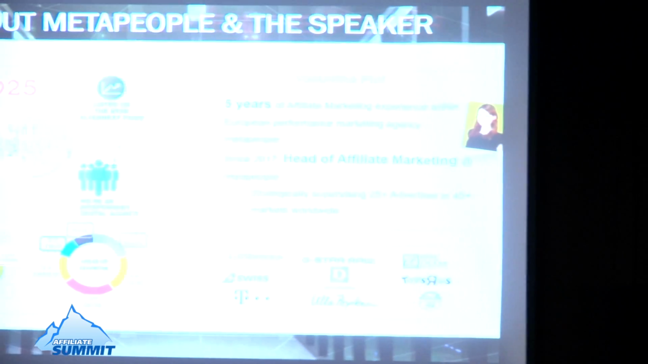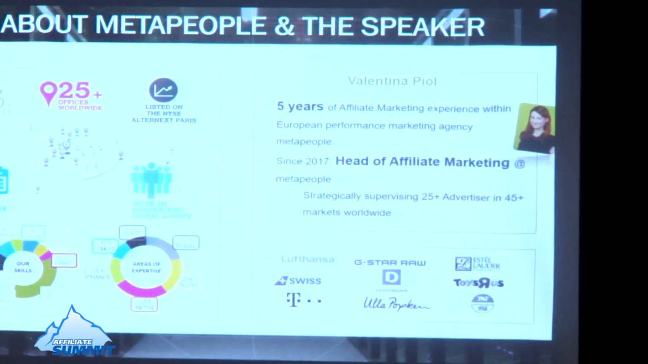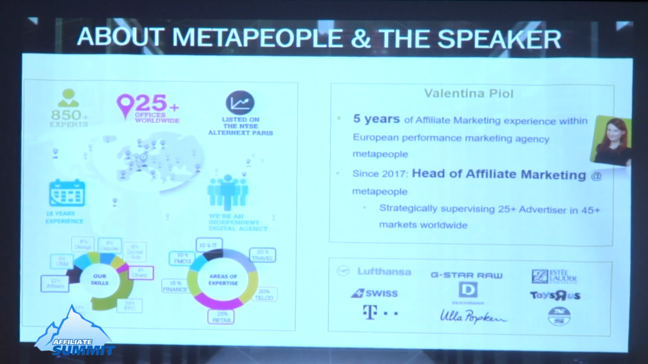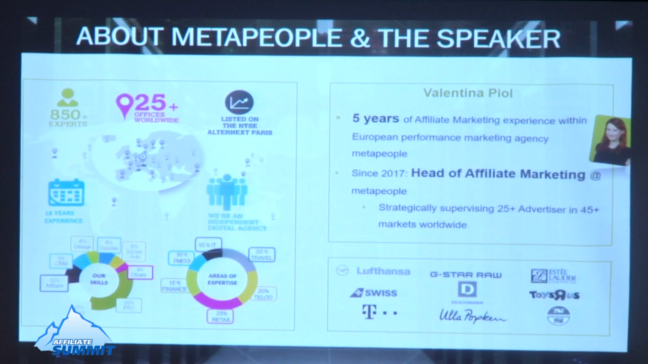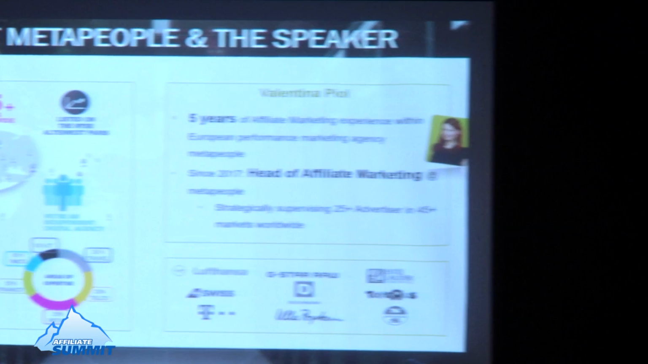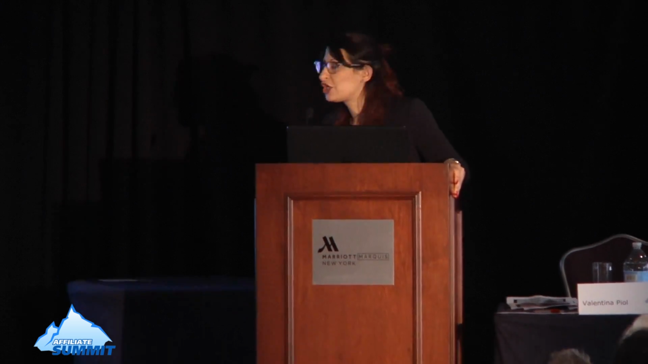Just a few words on myself. My name is Valentina. I have been working in affiliate marketing for 5 years and represent today Meta People, a performance marketing agency in Europe with offices in 25 markets worldwide and more than 850 experts. I'm supervising 25 plus advertisers in more than 45 markets,